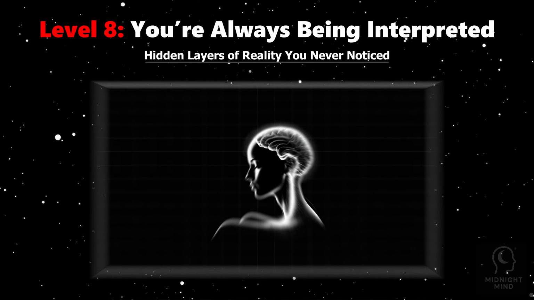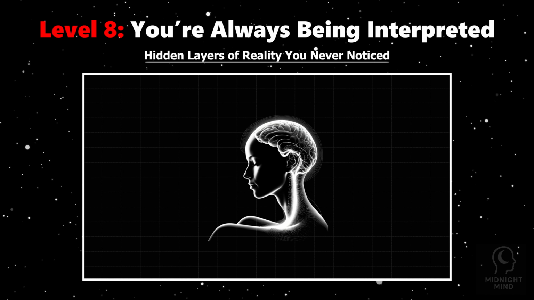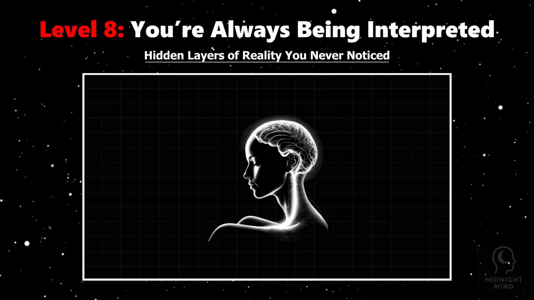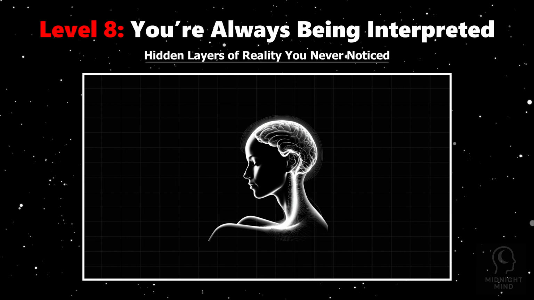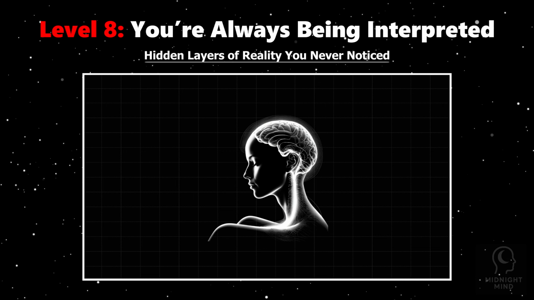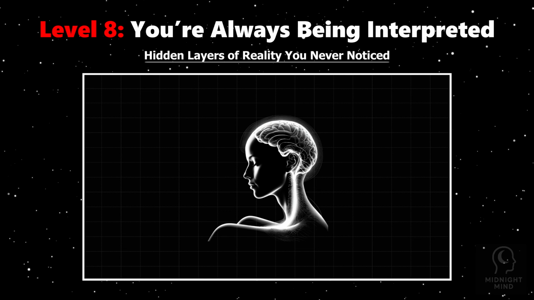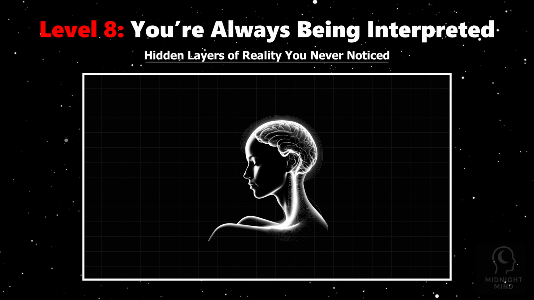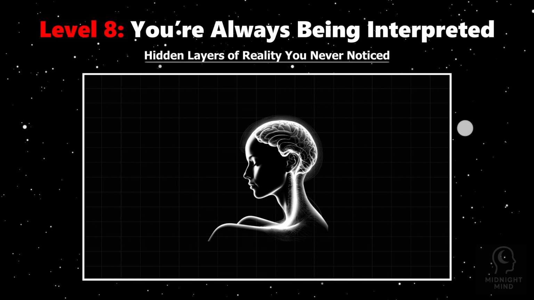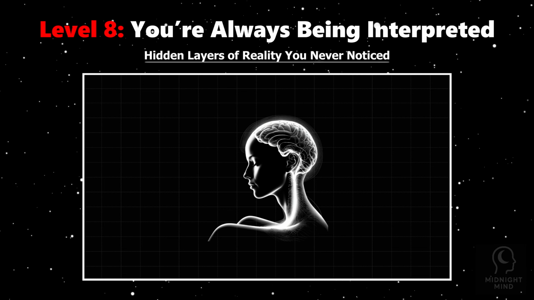Imagine your reality isn't a simple snapshot, but a complex puzzle your brain tirelessly deciphers. What you see, hear, and feel isn't raw truth. It's an interpretation layered through biology's intricate filters. Your eyes don't passively receive light. They translate photons into electrical signals. Then your brain decodes those signals using prior knowledge, expectations, and survival instincts. This biological encryption means you never experience the world as it is, only as your nervous system allows.